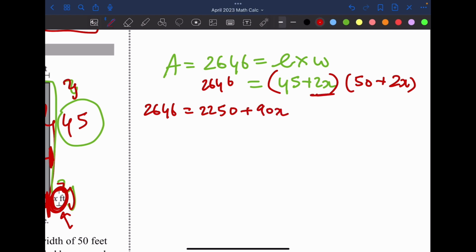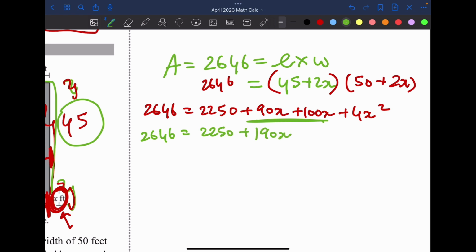Okay, and then 2x times 50 is going to be equal to 100x. And then 2x times 2x is going to be equal to 4x squared. Okay, after that, once again, we're trying to solve for x. So let's combine a bunch of stuff. First, let's combine these two. We get that 2646 is equal to 2250 plus 190x, because we have 90 and we have 100, so 190